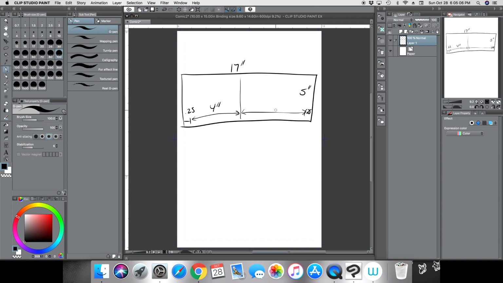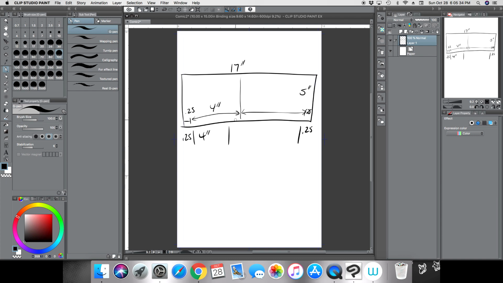Usually comic strips have 3 to 4 panels depending on the joke, and so that is one extra step that we're going to take. So if we have a 1/4 inch of bleed on both sides here, and then 4 inches here, that gives us a remaining of